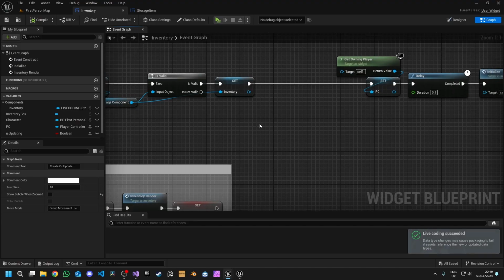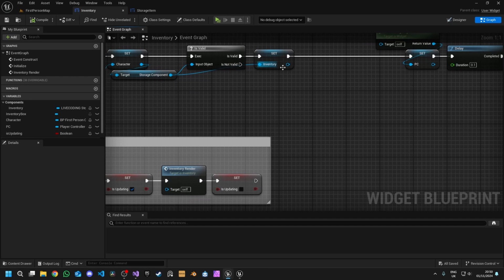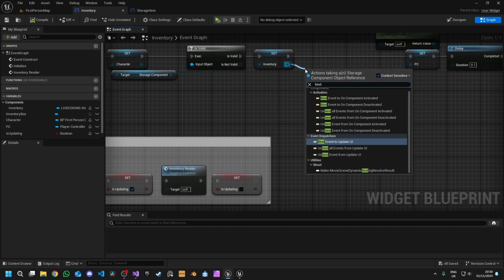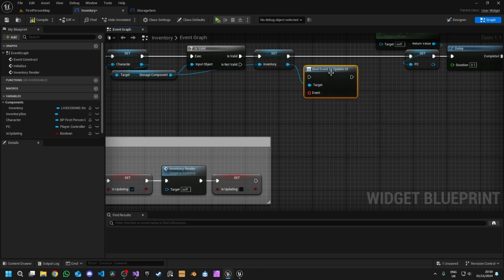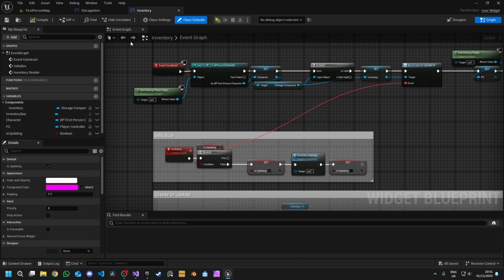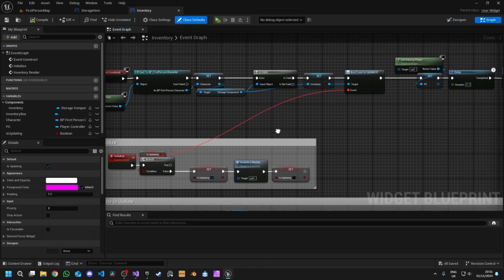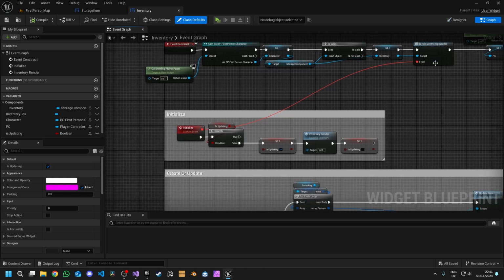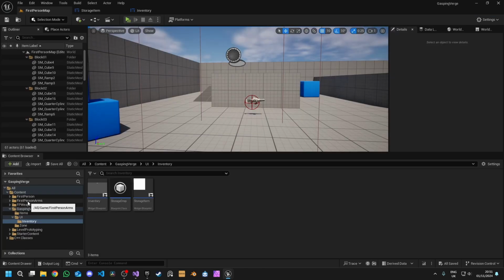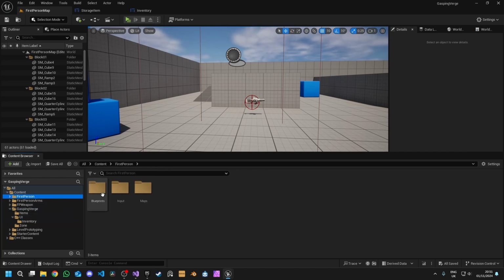Marvelous. So in here, we got our inventory. We now should bind event to update UI. Click on that, and we're going to pass this to our initialize function. We have that event there, so that means anytime the inventory calls update UI, it will now call this event and update your UI. The only things left in the editor itself is to come to